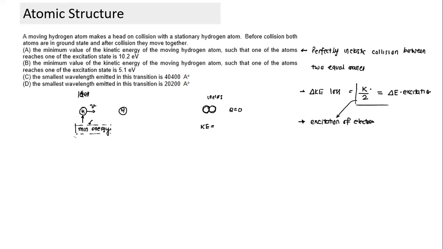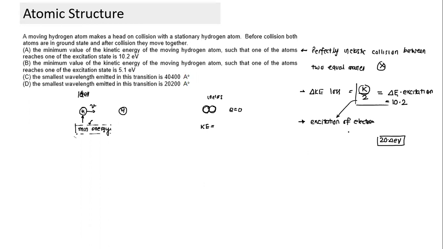So when we say minimum kinetic energy, the delta E has to be minimum. What is the minimum excitation energy required? Minimum excitation energy is equal to 10.2, which basically means the minimum kinetic energy of the hydrogen atom here has to be equal to 20.4. If it is less than 20.4, this kind of collision cannot take place. This is improbable. This won't happen. Shreya, is that understood? Because yesterday it was not clear. Is that understood a little better today?